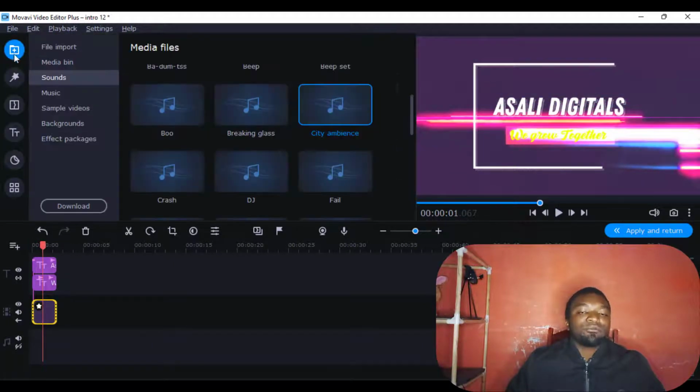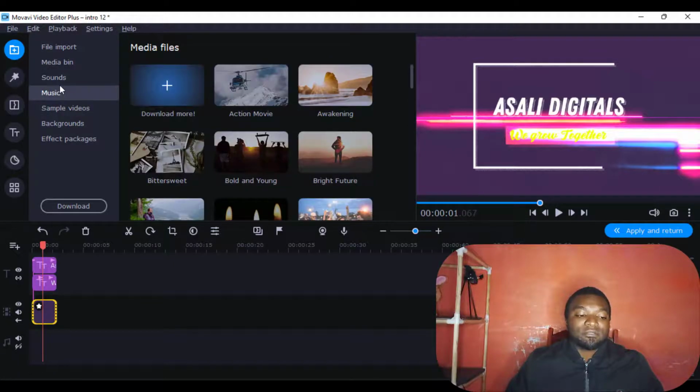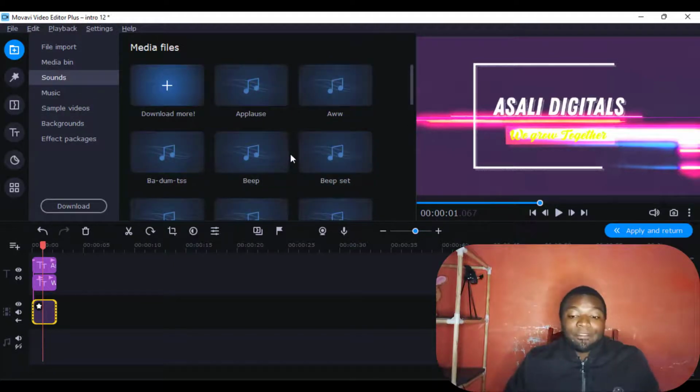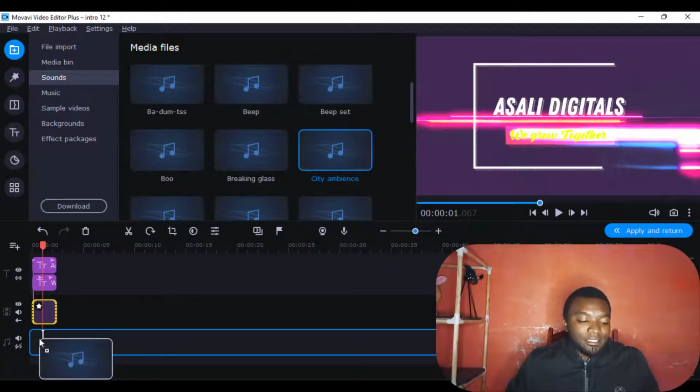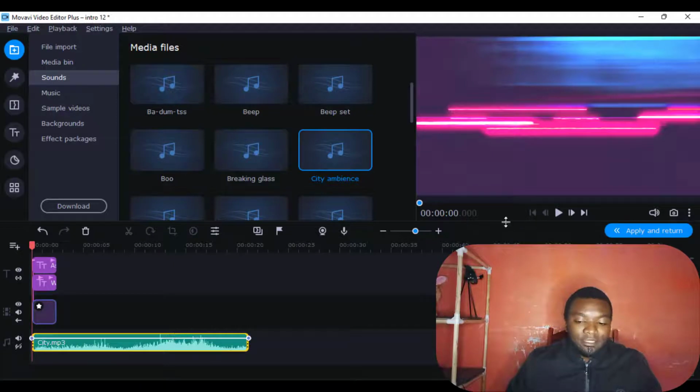The next thing I'm going to do, I'm going to add sound effect or sounds. So I'll come to sounds here. You just come to import. Then there's sounds here. You can even add music. I'm going to use sound. Maybe the story is about the city. Maybe I choose this one, city ambience. Then I just drag it and drop it here. Now if I play,